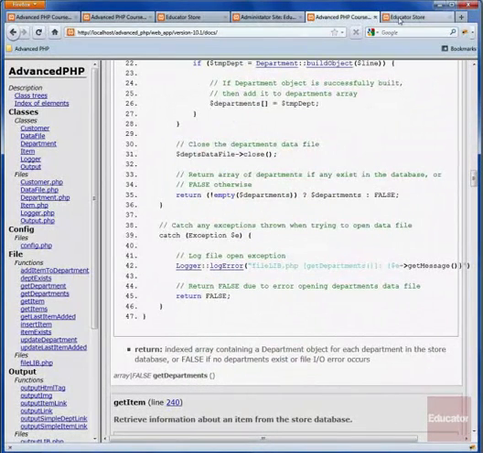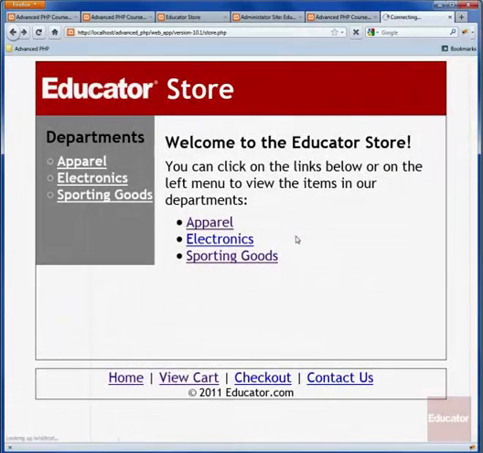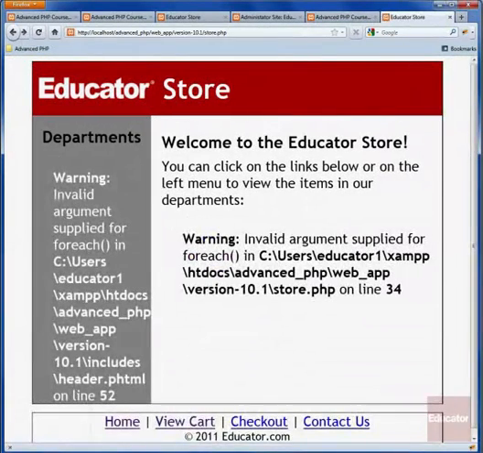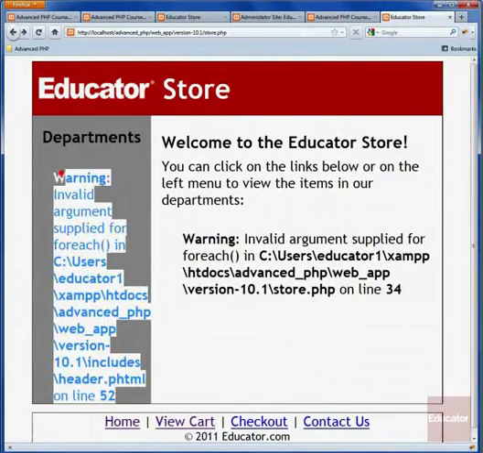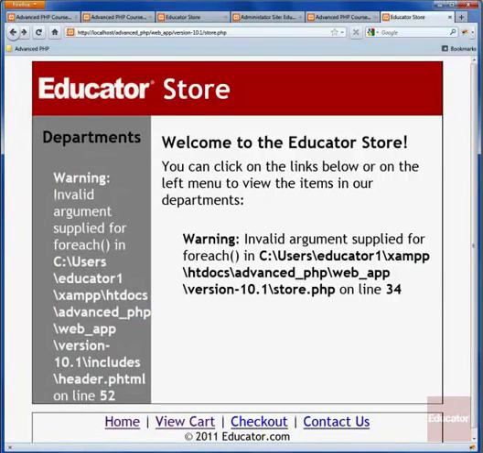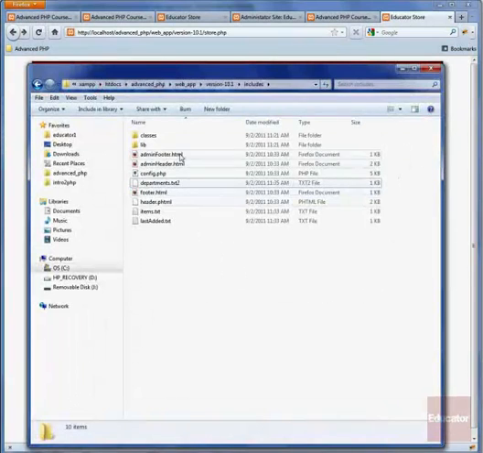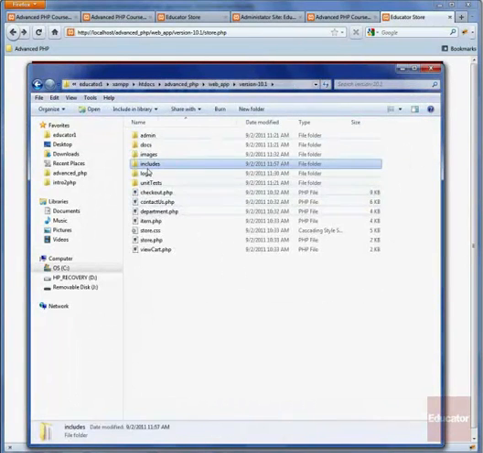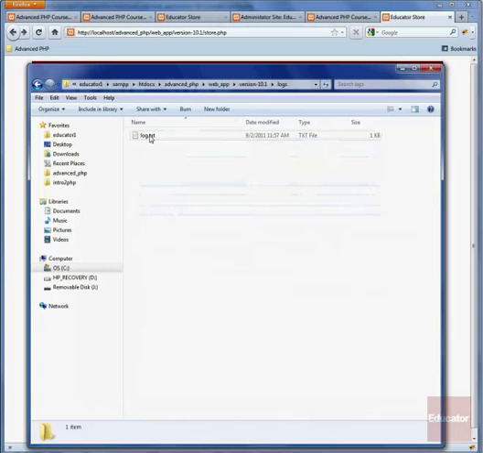So if we go ahead and try this now that we've renamed our file, we refresh the page, and here we can see that we get an error. So we know an error occurred, and that we can handle this a little more gracefully, but the main purpose of doing this is to show the use of our log file. What we can actually do is, if we look at version 10.1, there's a logs directory, there's a logs.txt